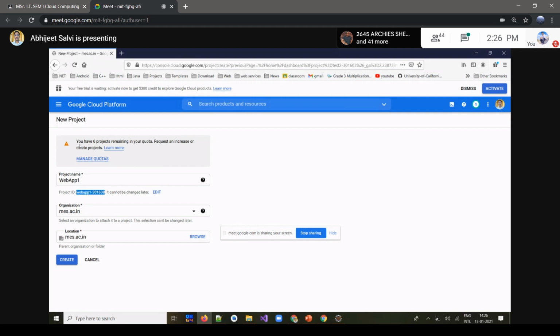Now I have a limited quota over there, so it's prompting me that you have 6 projects remaining. Total around 10 projects are assigned. And if you go by this upper area, you will realize that this is not yet activated, so it is going to allow limited services over there. I cannot host that, in short, later on when you are deploying that. So just click on the create option.